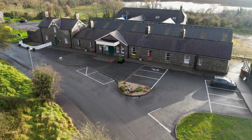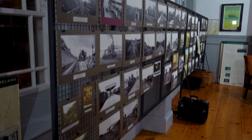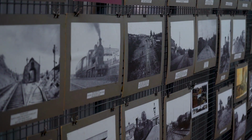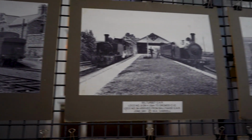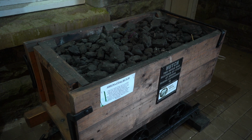The station here closed in 1959, on the 31st of March 1959. It was opened in 1885, and it was a busy station at the time and very much used. And then two years later, in 1887, the powers that be wanted to tap into the coal and the iron industries over in the west, and there was a track set up between here and Drummond, and it was all